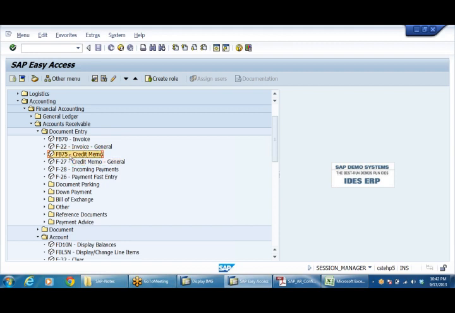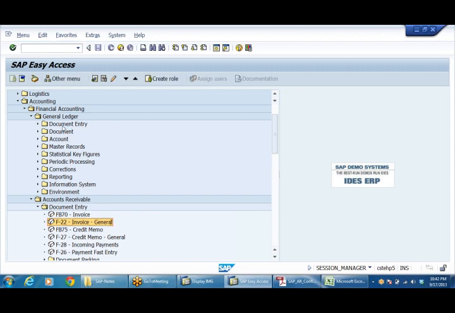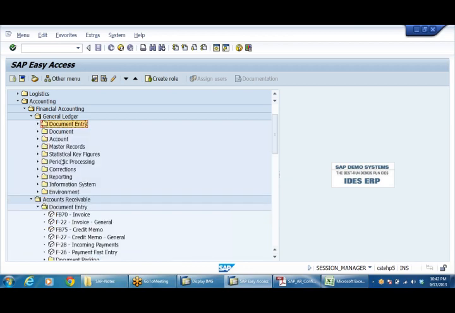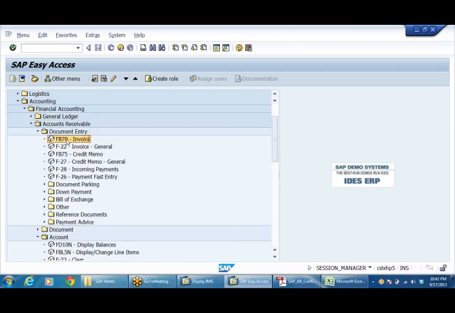So FB75 means FB70, F-22. Similarly, in document entry, FB50, F-02. It is multi-line item, single line item. Even here multi-line, single line. Here multi-line, single line.